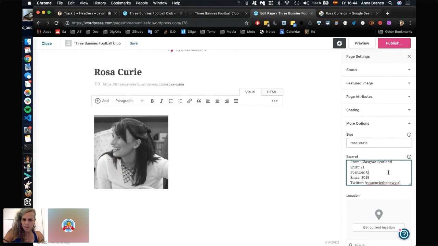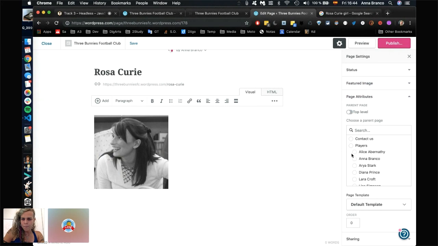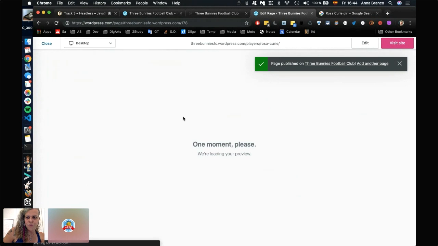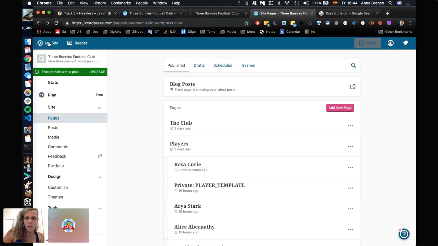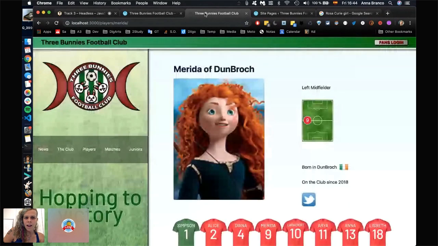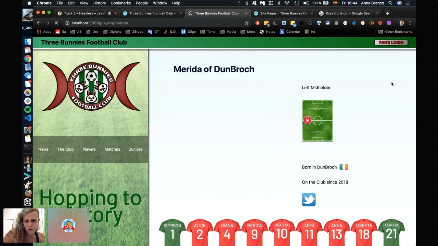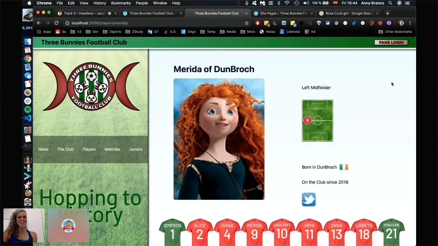So she's gonna be another goalkeeper because our team only has one, and I'm gonna make it a player page. I have to place it inside here and publish it. And that's it. I mean, I can just teach my client to feed the database, and they're gonna do all the hard work. And for me, I'll have to do nothing because I have already done all the work needed, and I have here 21